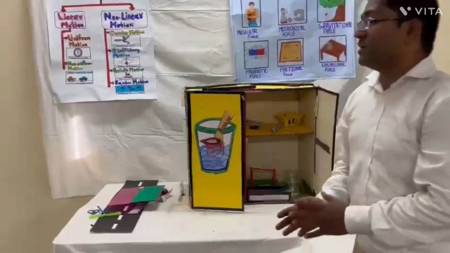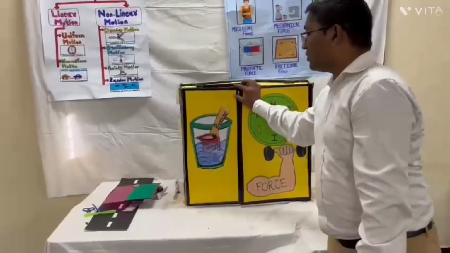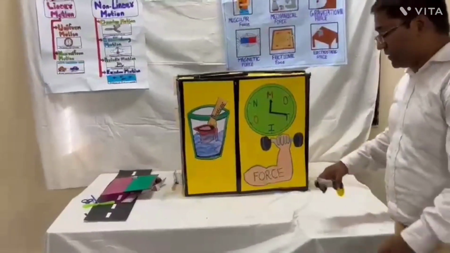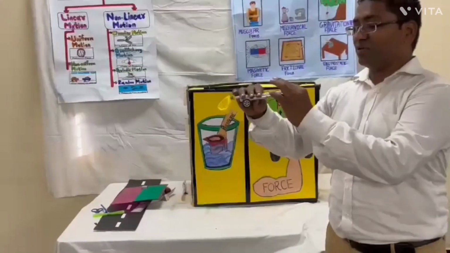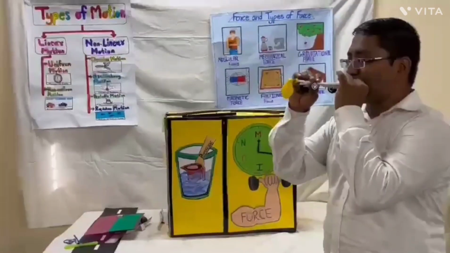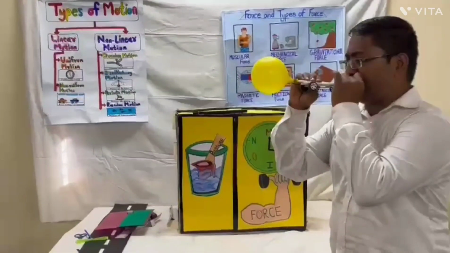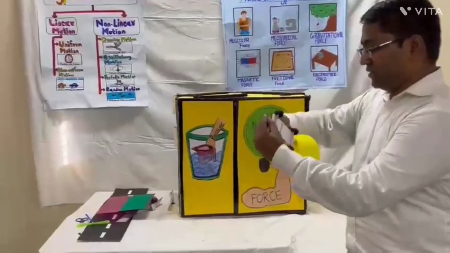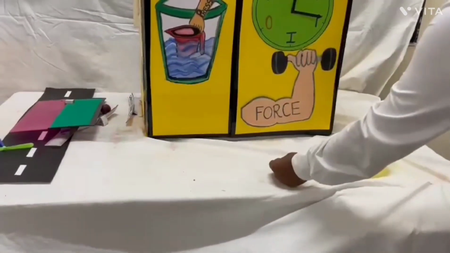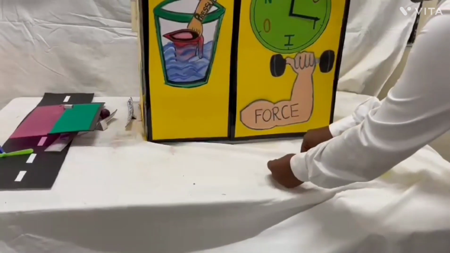Apart from this, our atmosphere also exerts pressure. That air also has pressure. Now to understand the concept of air pressure, here I made a small car over here. After I blow the balloon, you can see the activity, what will happen. You can see over here that air exerts the pressure due to which the car starts moving.